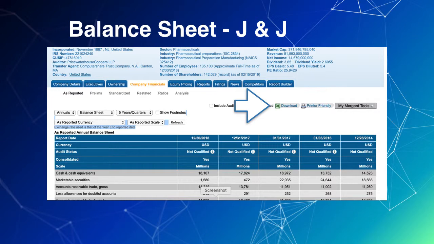Generally, when you download it, you might want to break those things apart. You can either do separate sheets, or you can just add a couple blank rows in between. The other thing is that you will find Google Sheets and other spreadsheets are a little more responsive and a little more useful when you clear out some of this top information. What you would really want on top is, instead of scale or consolidated, which are features of the Mergent Online,